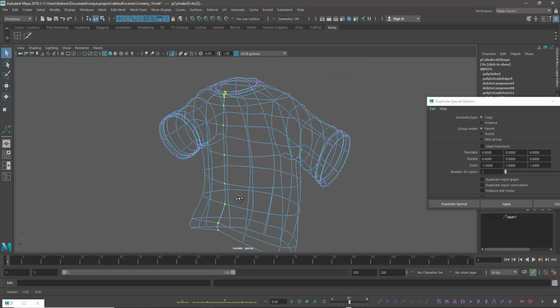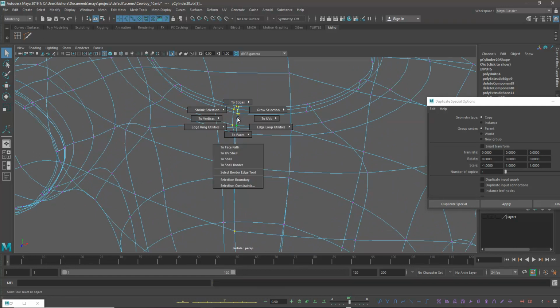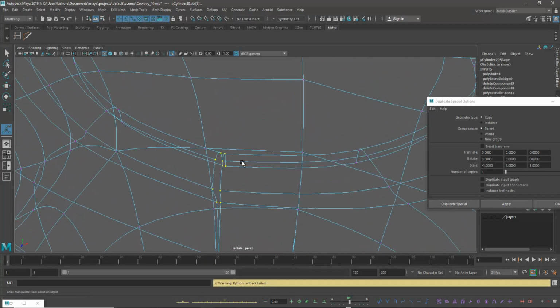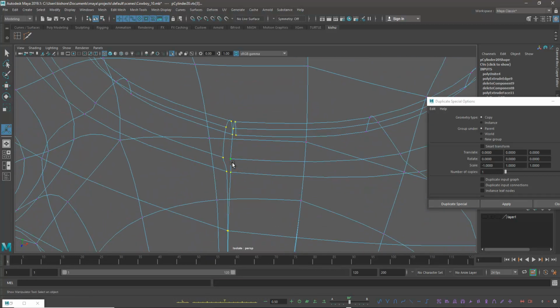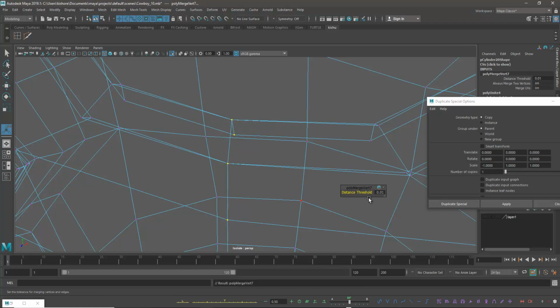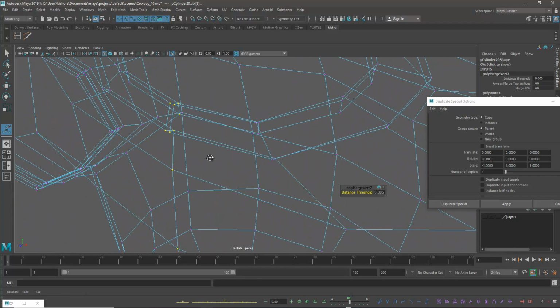I'm not doing the other side, only one side I'm merging. Just check out the merge. It's a bit confusing what I'm doing here. Merge, I'm reducing the value to 0.005. This is cool.